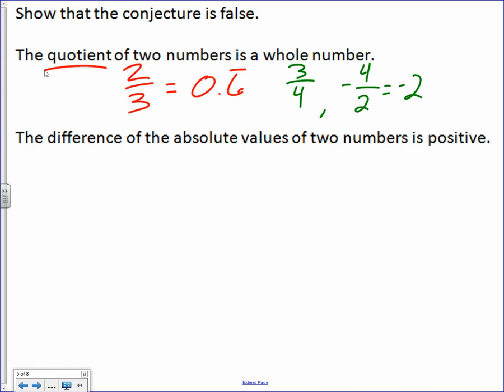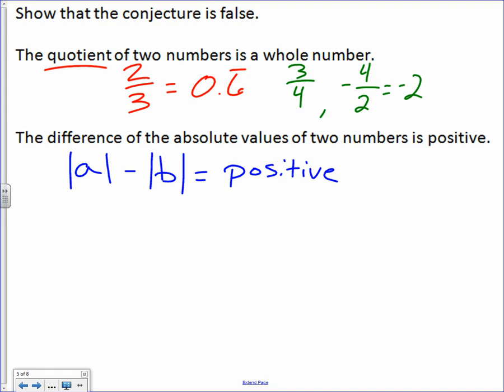All right, the difference of the absolute values of two numbers is positive. So what we're talking about is the absolute value of a number, A, and we're going to take away the absolute value of B. And what this says is that whatever comes out has to be positive, right? Well, we know that absolute values themselves create positive values, right? But if we're taking the difference between two different